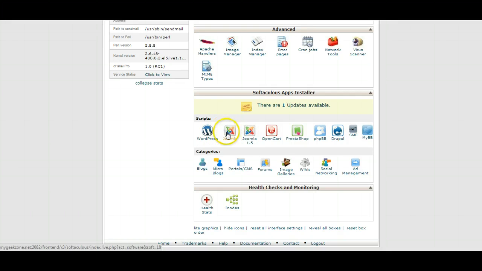There's two versions of Joomla currently available. The Joomla 1.5 is an older version, and I don't recommend that you spend any time installing this, as it's been discontinued from a support perspective. There's no more security updates being issued for it. So if you're just curious about what it looked like before, you can install this, but I would recommend going with the Joomla version here. So just click on it,